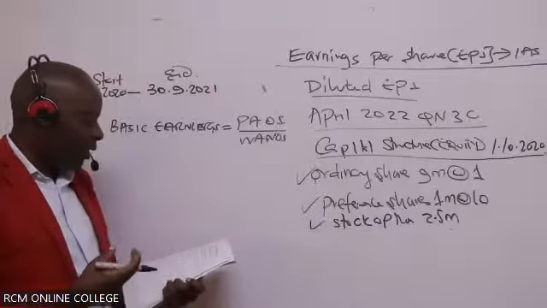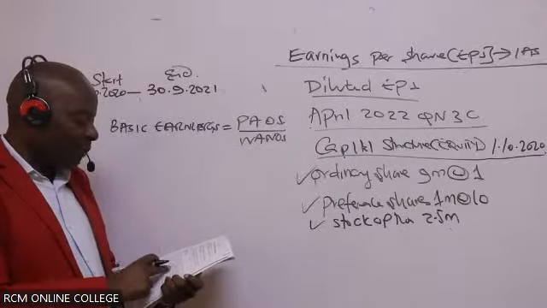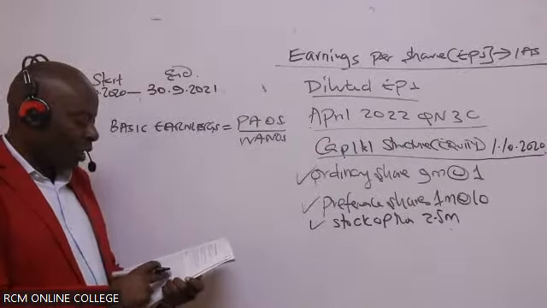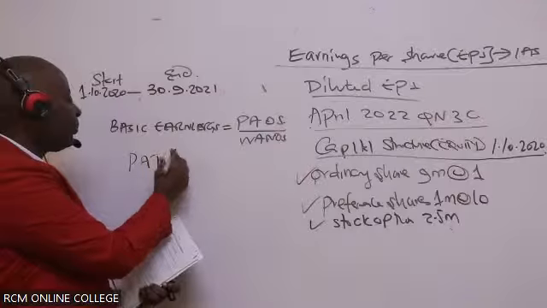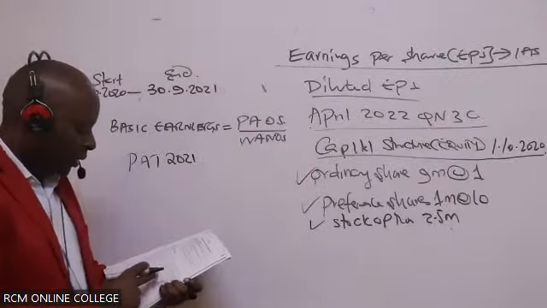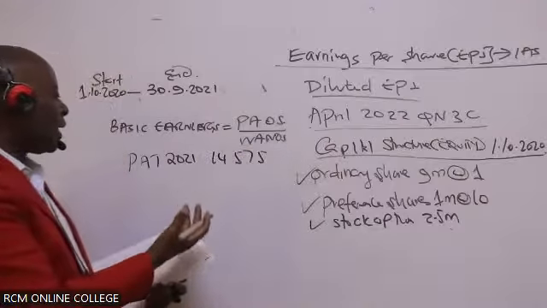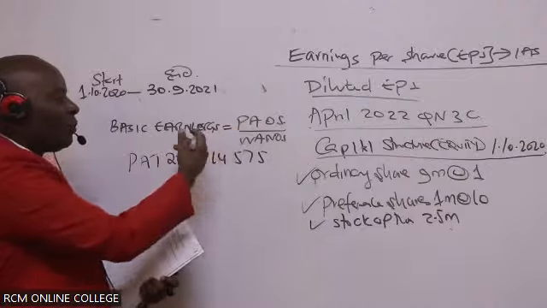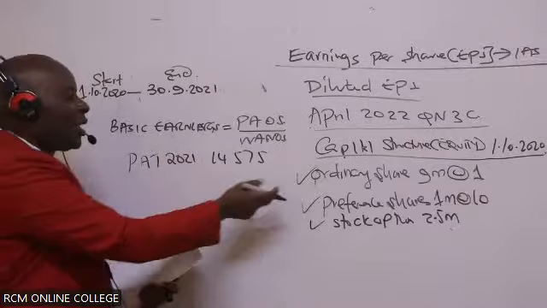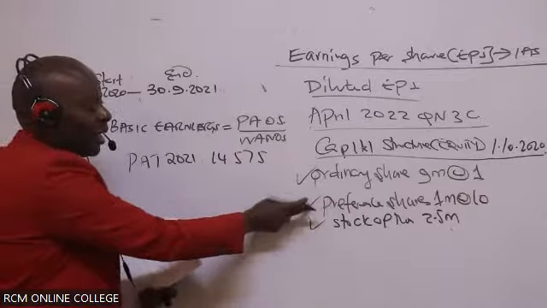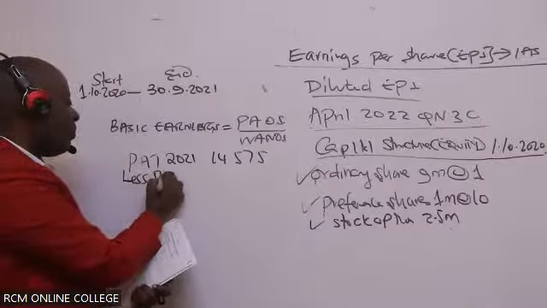R Limited's profit for the year. Profit for the year is the PAT, profit after tax, to 30th September 2021 from continuing operations. So in this case, they have given us profit after tax for 2021, which is 14,575. We want to get the profit attributable to ordinary shareholders. After we get this part, we have some other partners. In this case, we pay them first, so less preference